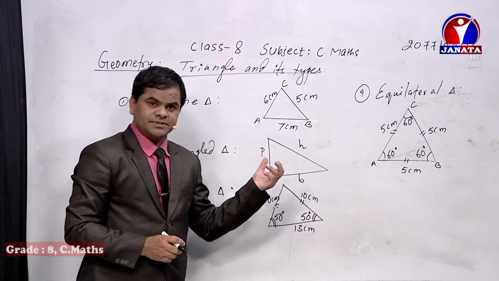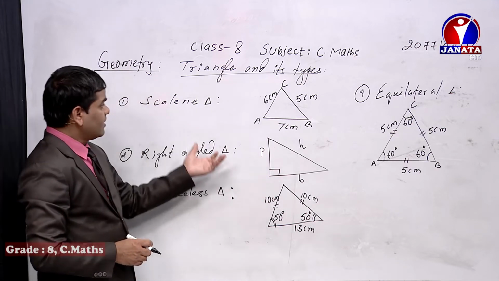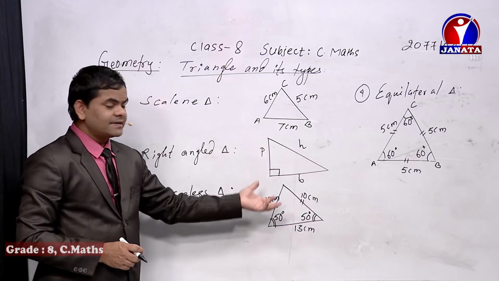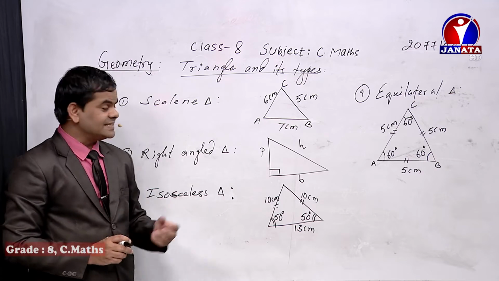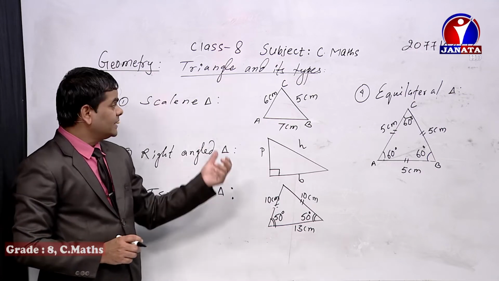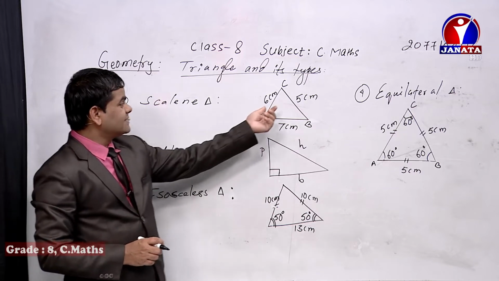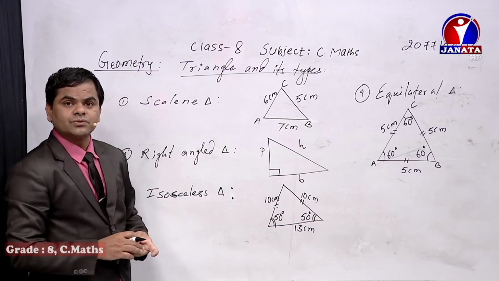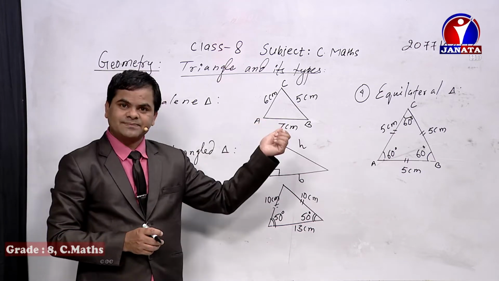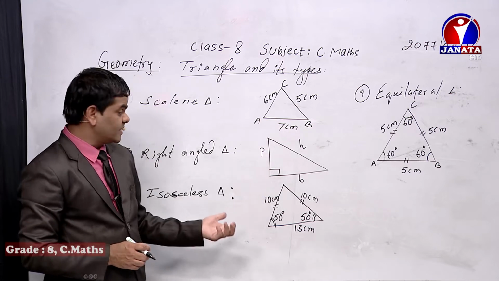And in case of formulas regarding finding out the area of the different types of triangles, we'll discuss the formula in the mensuration chapter. As it is the geometry chapter, we don't need the formulas here, but I also want to say that for a scalene triangle, the formula for area becomes root under s(s minus a)(s minus b)(s minus c). But no need to write it, as it is the geometry chapter.